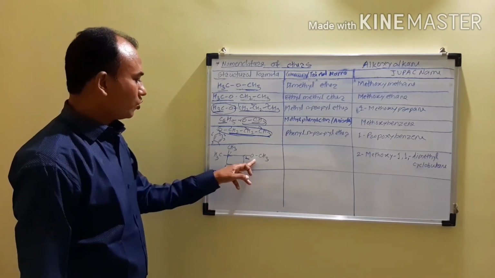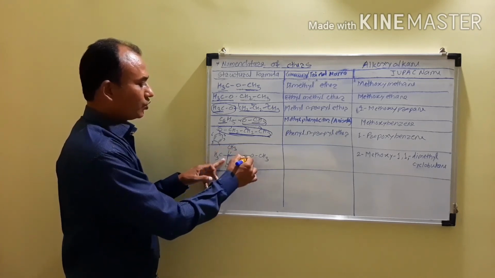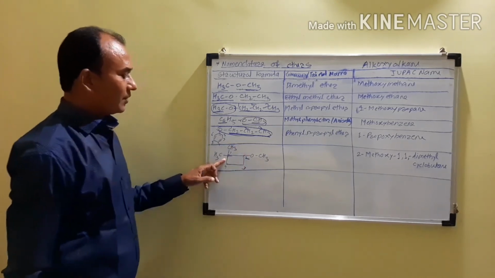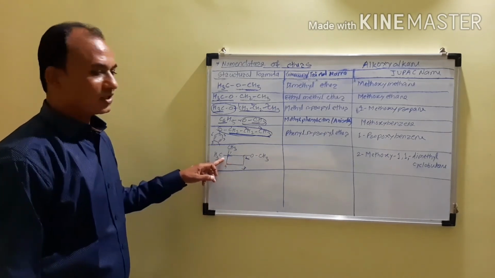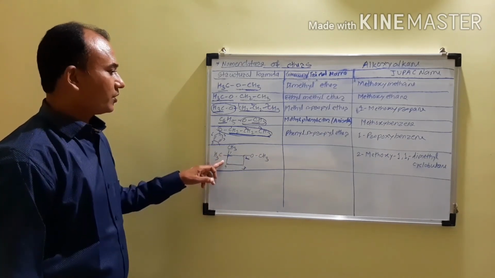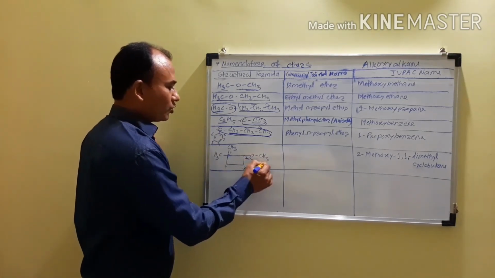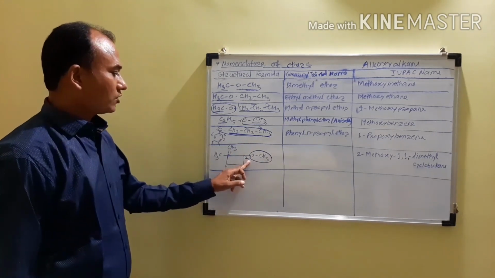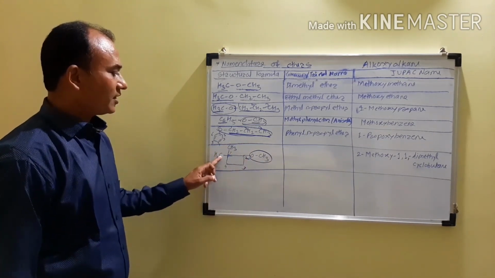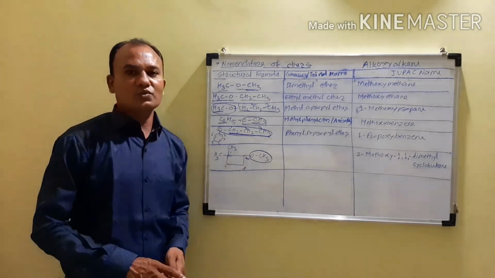So it will become 2-methoxy 1,1-dimethyl, and this is the cyclic alkane. The parent alkane is the cyclic alkane which contains 4 carbon atoms, and therefore it will become cyclobutane. So the name becomes 2-methoxy, because at the second carbon atom the methoxy group is attached, 2-methoxy-1,1-dimethylcyclobutane. So that is the IUPAC name of the